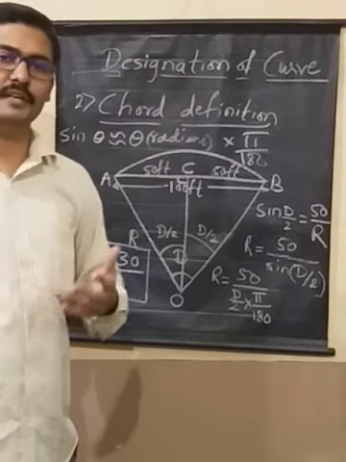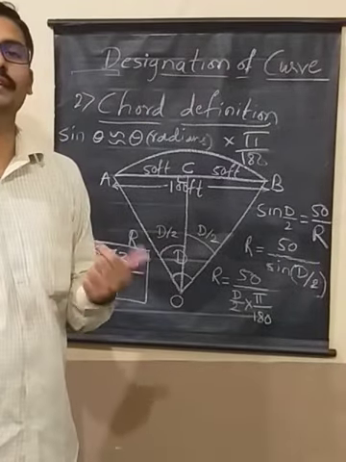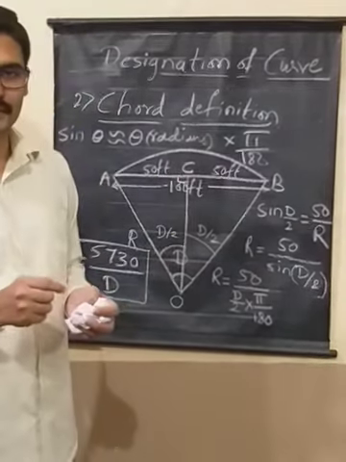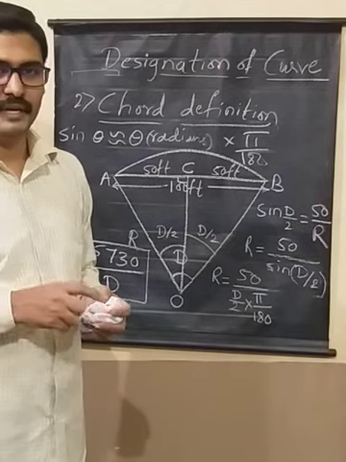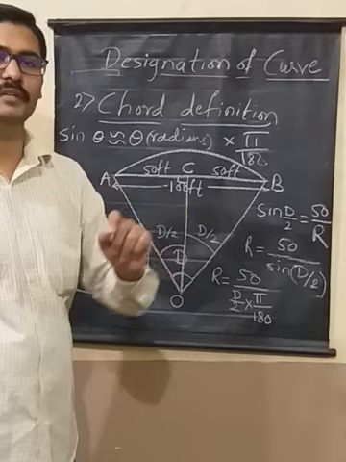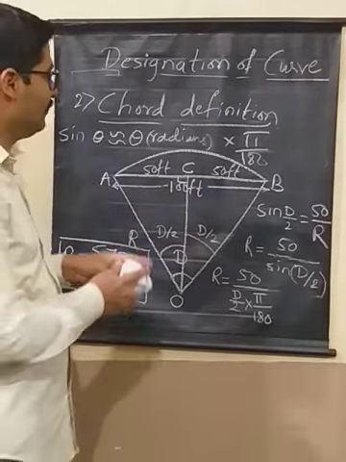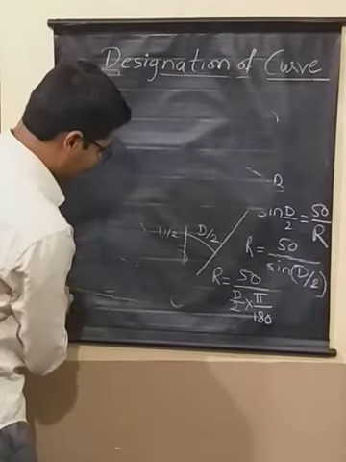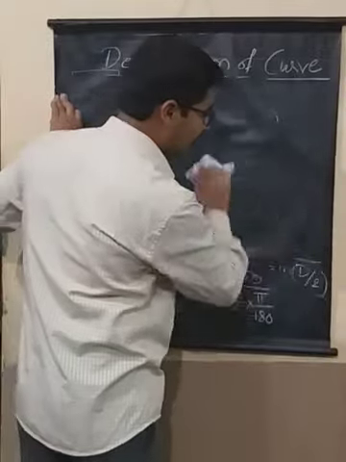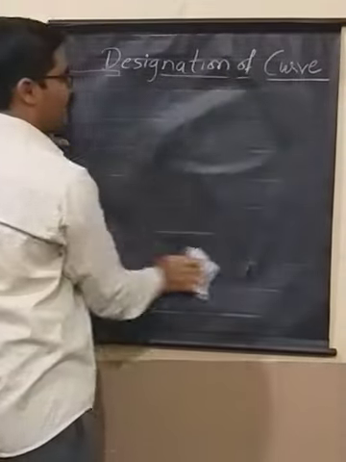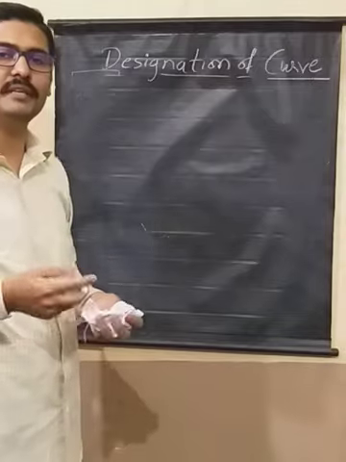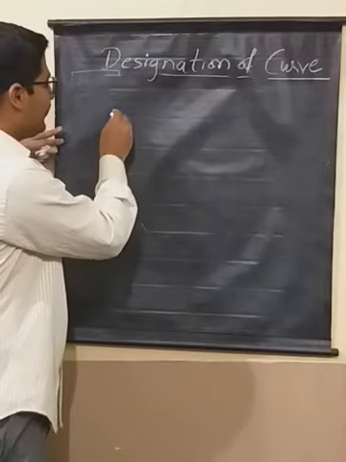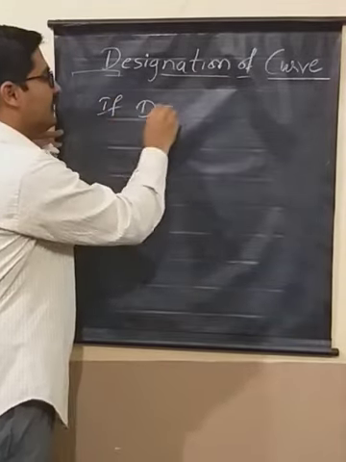I hope you understood what is degree of curve and the relation between radius and degree. So remember, if I have been given some curve with radius, I should know how to get the degree of the curve. And if the degree of the curve is given, I should know what is the radius of that curve. For an example, in your examination, you may be given a problem where you will be given radius or you may be given degree of the curve, and the solution you will be expecting will be in terms of radius. So if the degree of a certain curve is 2,